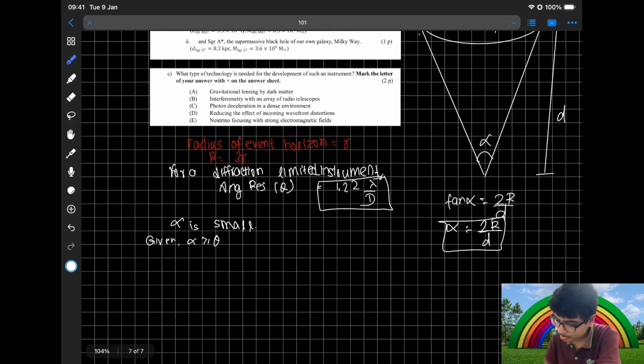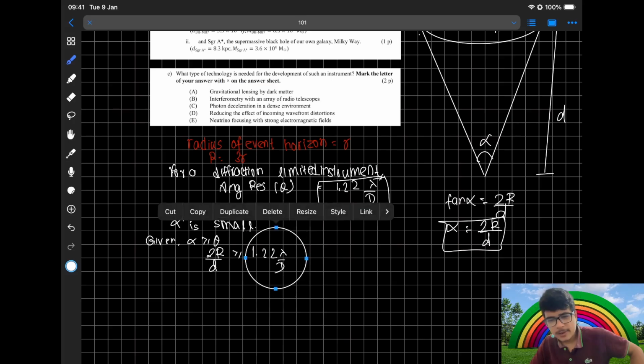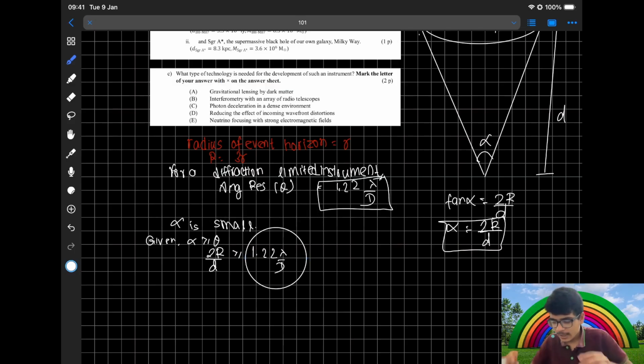So 2r by d will be greater than or equal to 1.22 lambda by D. This thing is just this angle, the minimum angle that a telescope can distinguish between two objects. What I mean is,